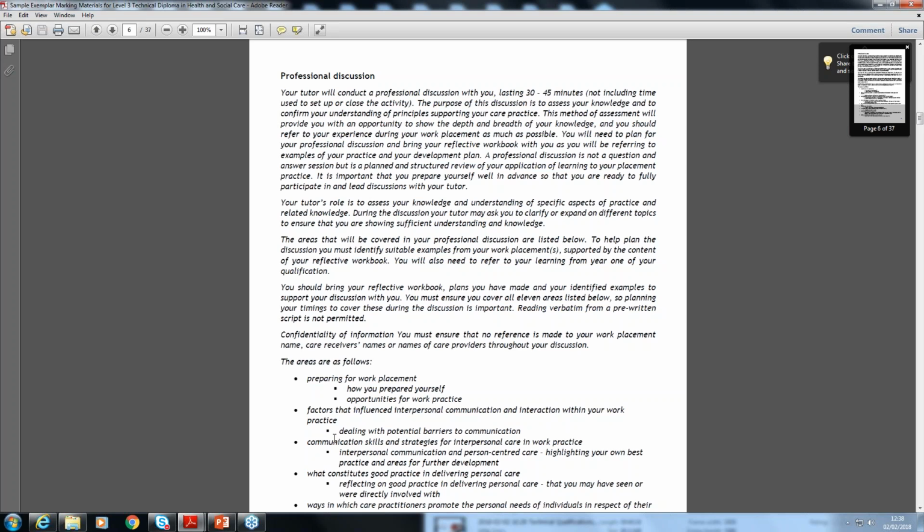This is something that came up last year, how important it was that the learners had this planning and were told that they needed to bring their reflective practice workbook in, and also reminded not to divulge any confidential information. So they needed really good preparation.